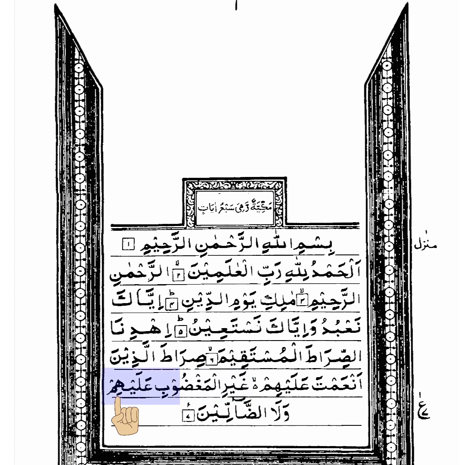alayhim. Alayhim is an old type of pronunciation. So here we are going to try and pronounce ayn if you can. It will be alay, and then ha is the heavy ha. Okay? So alayhim